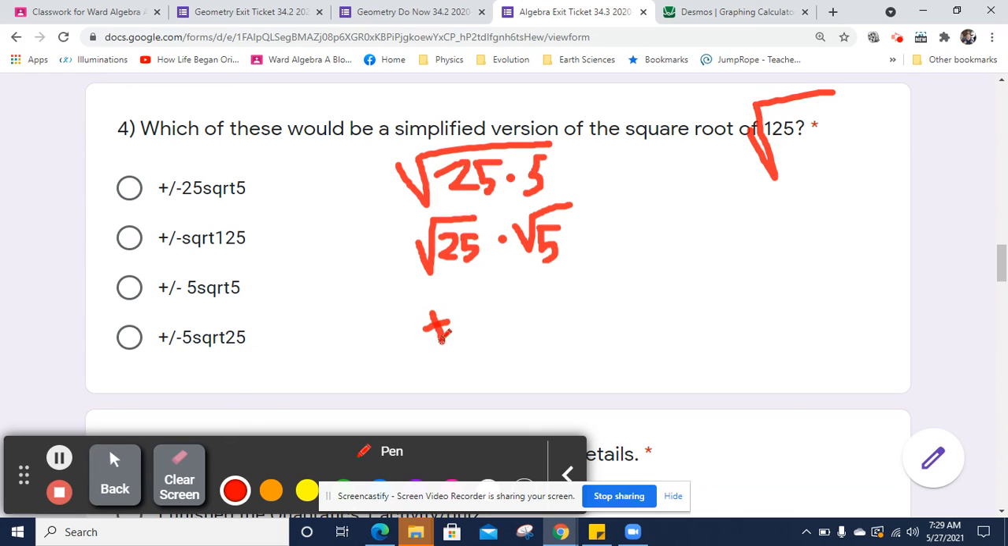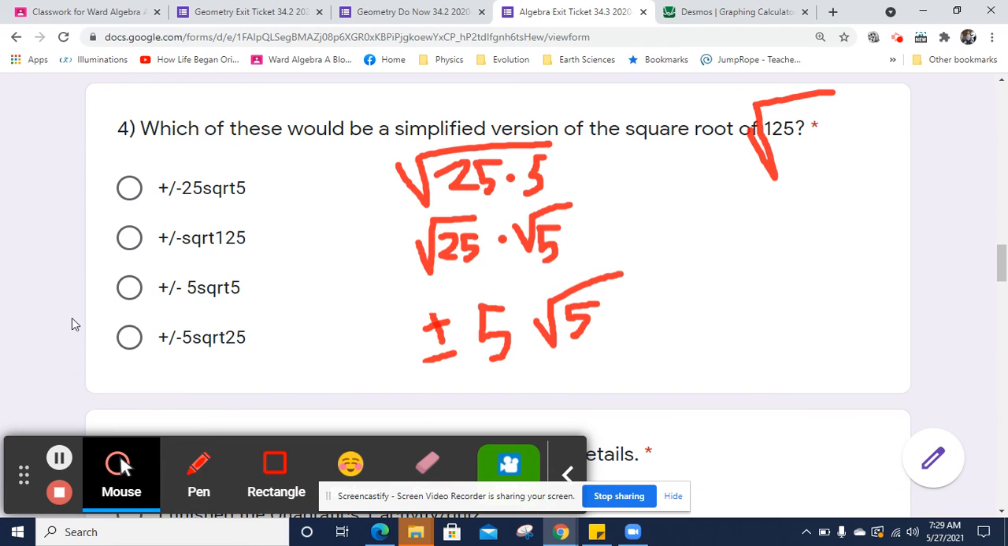So we're going to end up with the square root of 25, which is plus or minus 5, and the square root of 5, which has to stay in square root jail. So it's plus or minus 5 root 5. And that is a good place to